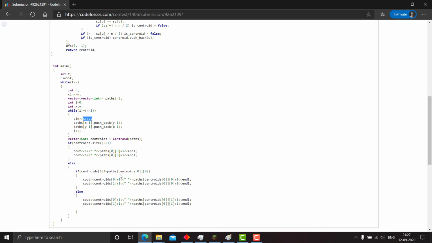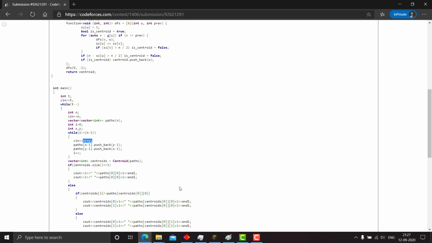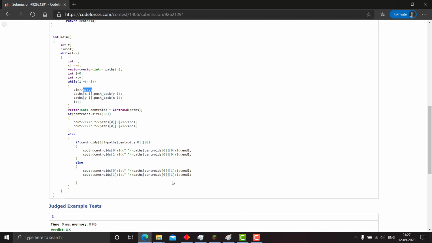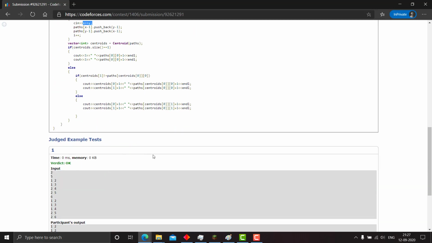We just need to take care of one thing: that the edge we remove and add isn't the edge that connects centroid 0 to centroid 1, because if that were the case, we would be adding a loop, that is, we would be adding the edge 1 1, which is not possible. So if this is the case, then we change it. So I guess you have got the point, and you can see it passes all the test cases easily.